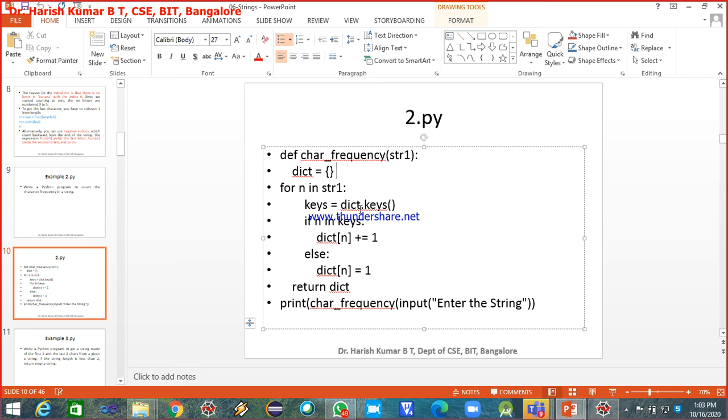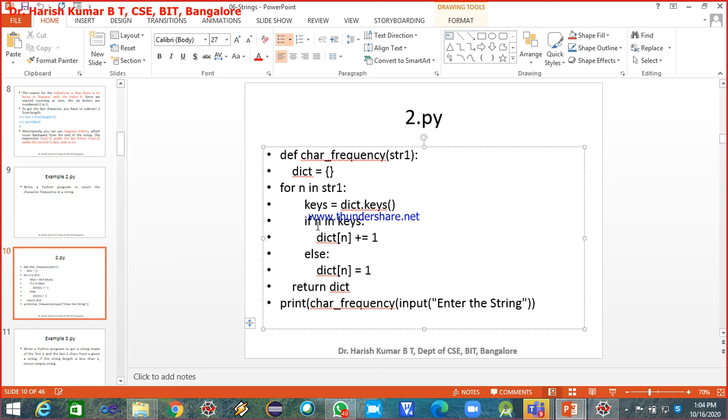Right now it is an empty dictionary because it was just created, and on this dictionary I'm invoking the function called keys, and it will return the list of keys. Now keys is another variable, and its type is list, because this dictionary returns all the keys inside the dictionary.